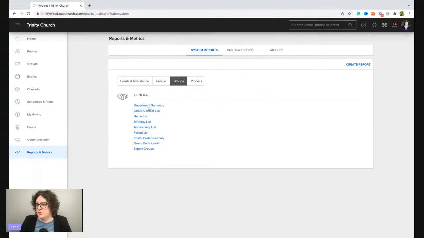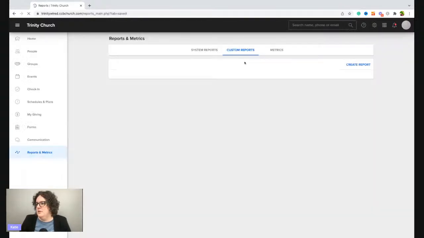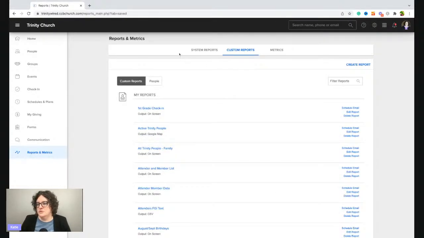Same for groups. So we're running the department summary for data cleanup and data audits, as well as these breakdowns and process summaries to see how people are using the process queues, what people aren't using process queues. It just gives you a quick snapshot. All right. Then we have custom reports. So all your custom reports are going to be here.